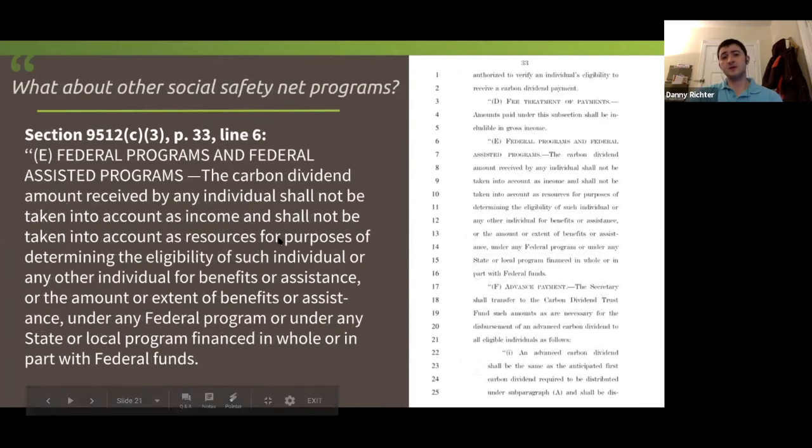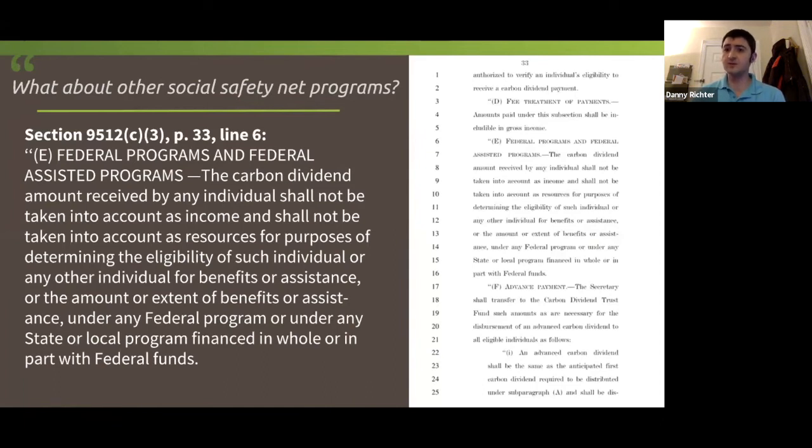What about the social safety net programs? Also through the dividend delivery study, Alan Lerman alerted us that the dividend is taxable. The reason the dividend is taxable is that's the only reason this is revenue neutral. If the dividend is not taxable, this is not revenue neutral. But Alan Lerman pointed out that because of the benefits that people receive, and some of them are means tested, if you make the dividend taxable income, then people could be kicked off of those. They could go past certain thresholds, and they could actually lose in the value of benefits as much as they're gaining in the dividend. And of course, that is not the intention of the program.